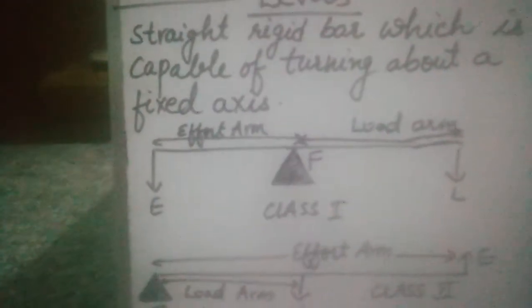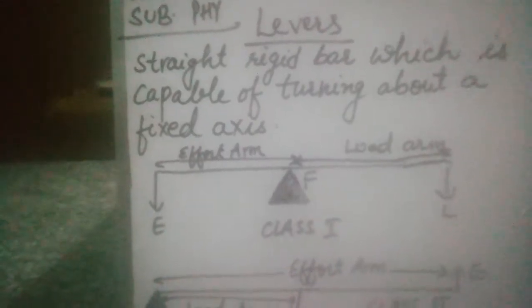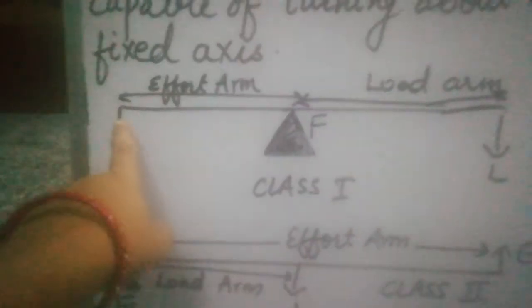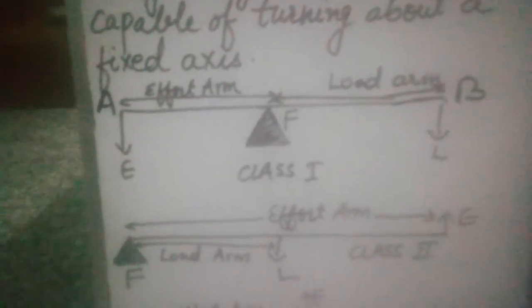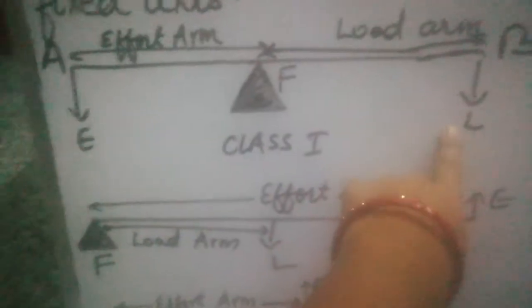Now, children, today I will explain the principle of a lever. See the figure. It is showing a lever AB, with the fulcrum at F and effort E. You can see effort E applied at point A of the lever overcomes a load L at